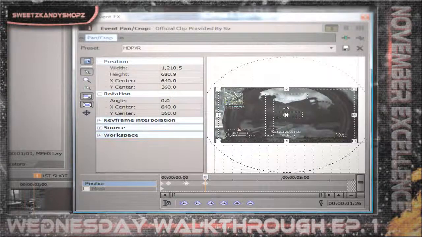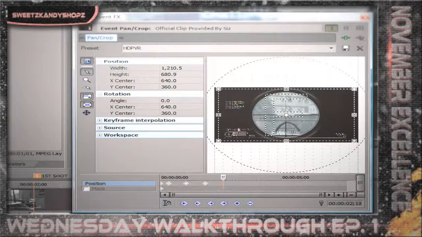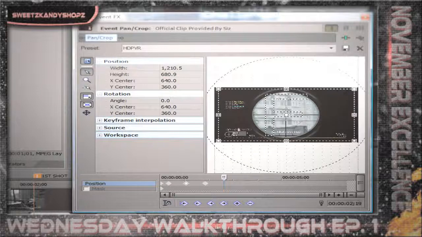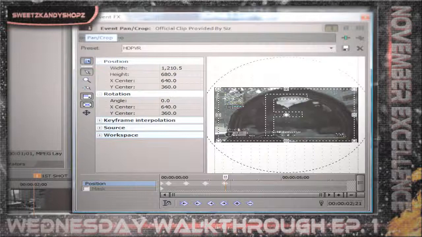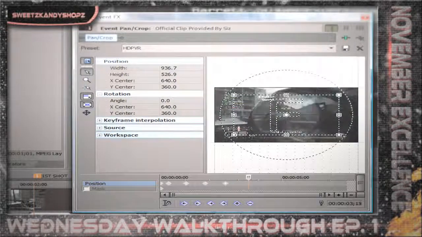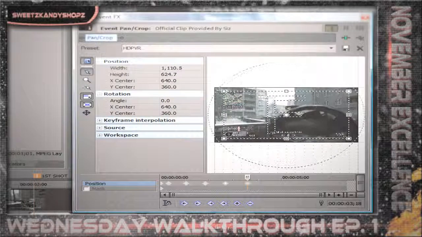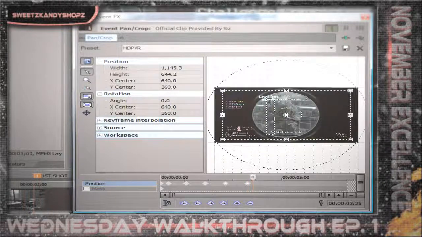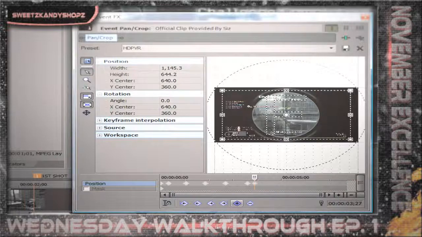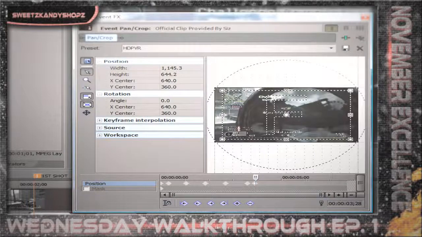And then you're going to add another keyframe before it starts going out of the scope again. So about right there. Add a keyframe, go to the right, it's out of the scope, zoom it in, and the next part is going to be a little different. Zoom this back out so it resets, and